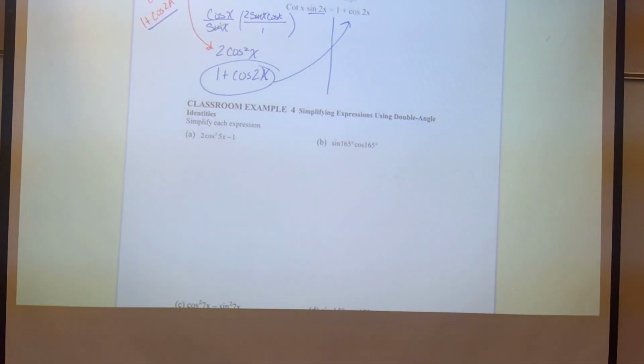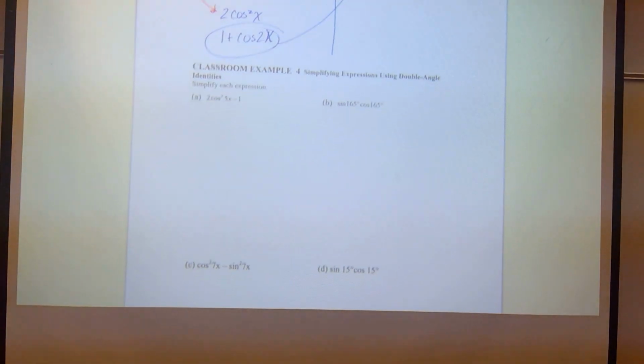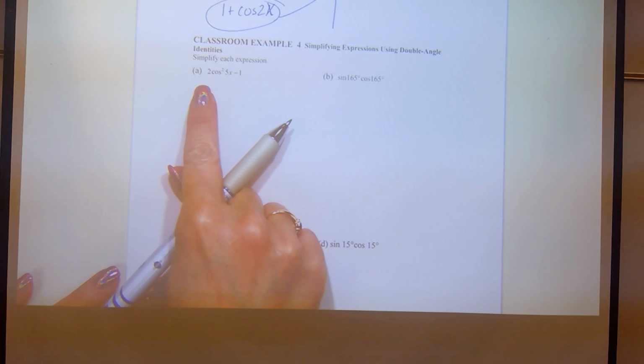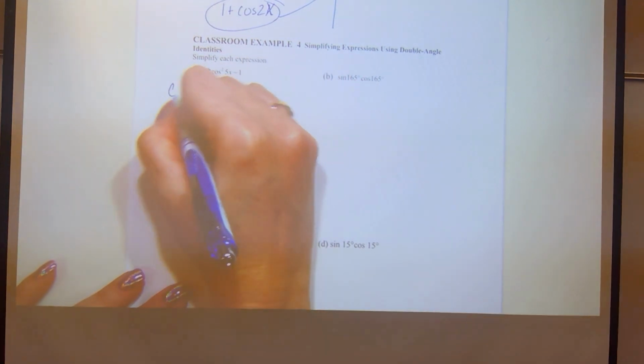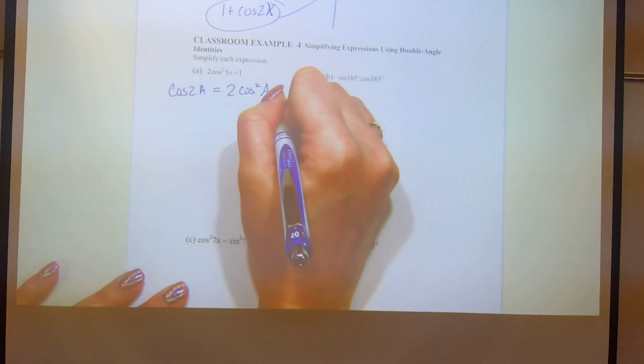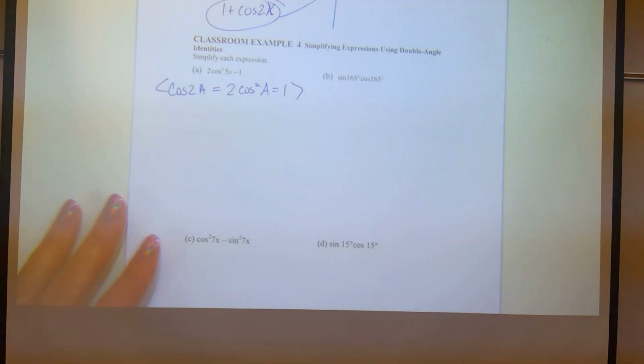All right, example 4. Simplifying expressions using those double angle identities. We're going to identify which one would help us, and then we're going to simplify until we get something easier. All right, let's look at this. For example, this makes me think of the cosine double angle identity, 2 cosine square A equals 1. That's the identity that I see there,